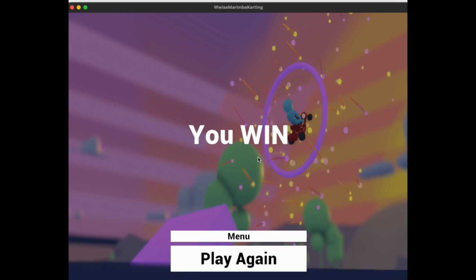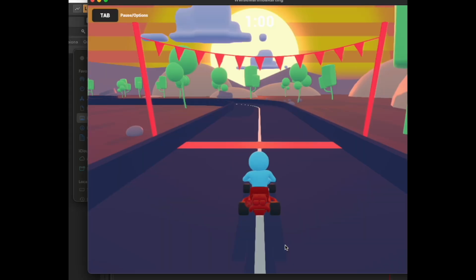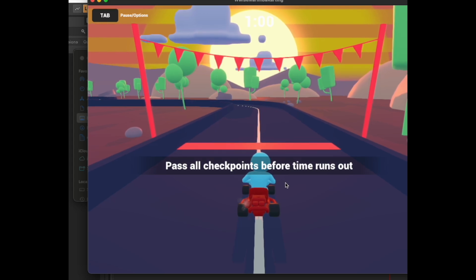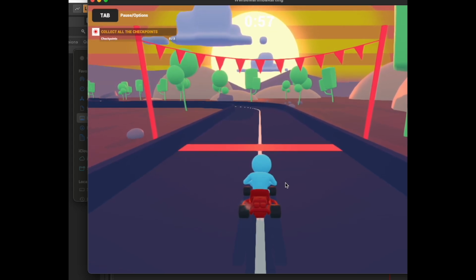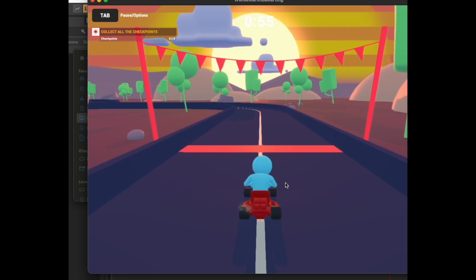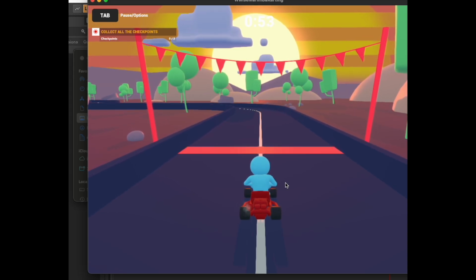So I decided to hook up the speed parameter of this music segment to the speed of the cart going around the track. So here's how it sounds. So as you can hear, the music starts off slow, but as I speed up,